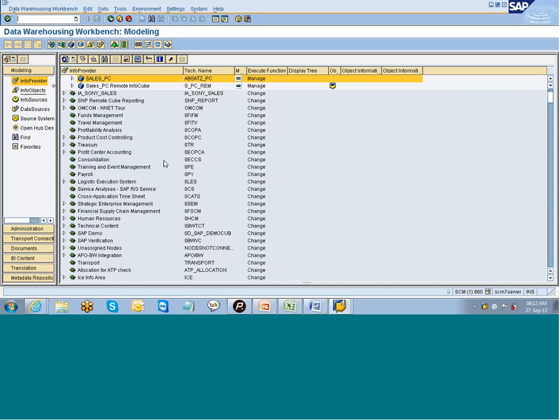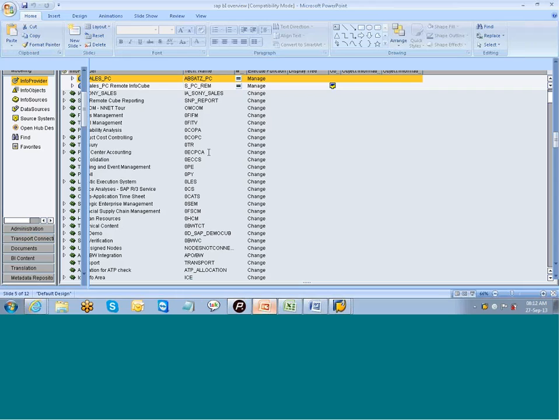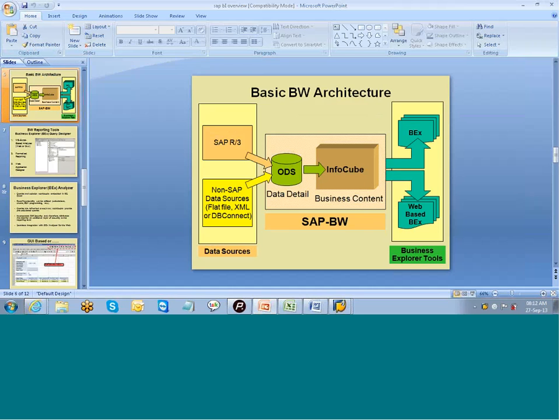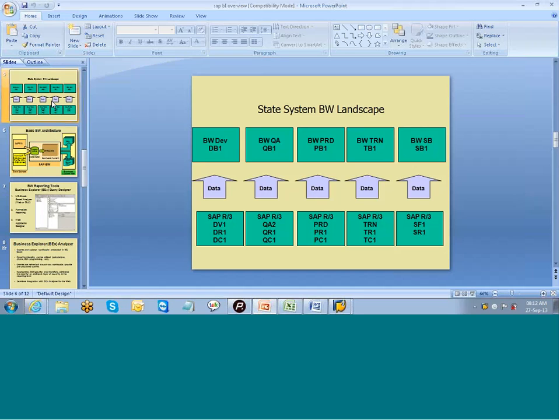Okay. See, this is the landscape. We are talking about R3. This is the development server. This is the quality server. We have the production system here, right? And all the data will be here. So we are talking about BW, and we are talking about R3. So these are the things. See, you can have a quality system also. You can have a production system also, and you can have a development system. So the thing is,